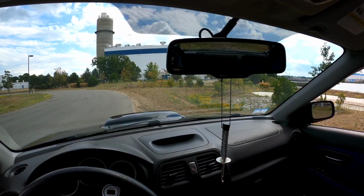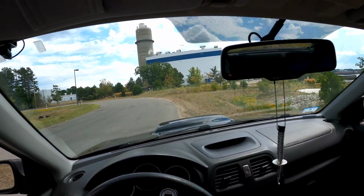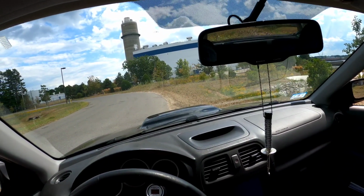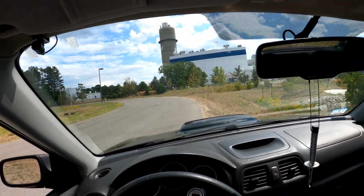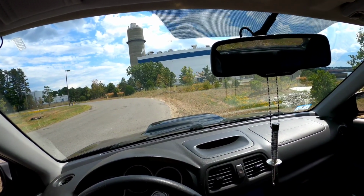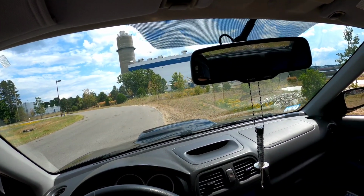The second owner bought this again from the same dealership. She traded it back in after, I'm pretty sure, 3 years. I'm not so sure. If it's any different, I'll change it in the subtitles. He was an active duty member in the military. So this basically sat on a military base for between 2 to 5 years,